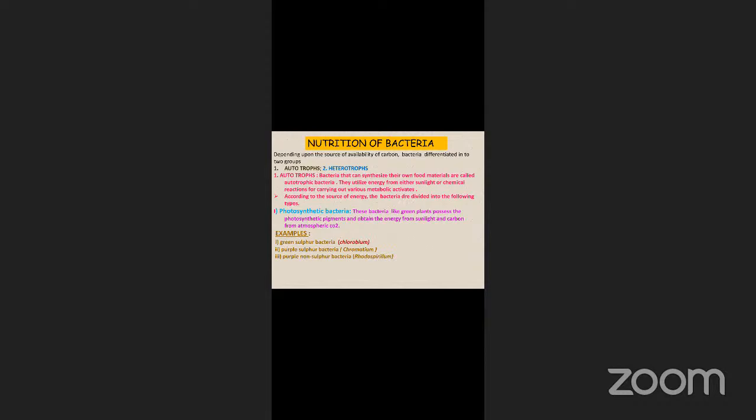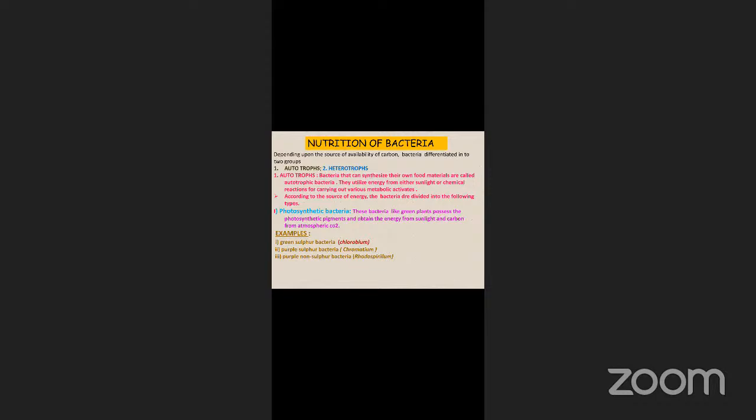Before going to this, what is photosynthesis? Photosynthesis is the process of preparation of food by using sunlight and water, in the presence of chloroplast. That is photosynthesis. You know very well about photosynthesis. According to the source of energy, the autotrophic bacteria are divided; but before going to autotrophs,